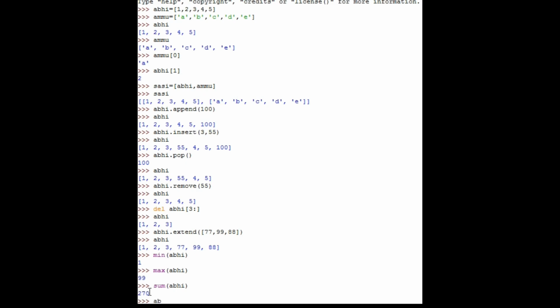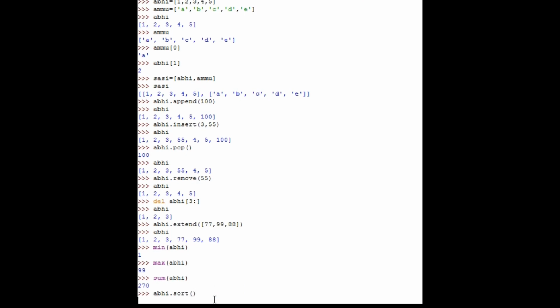Let's sort, b dot sort. Okay, so this is how we get a sort. So here some other functions are there. We can remove, we can pop, we can insert, we can extend, we can count, we can clear, we can copy, all these operations. Even we got append. Previously we had done append, right? So let's perform the sort operation.